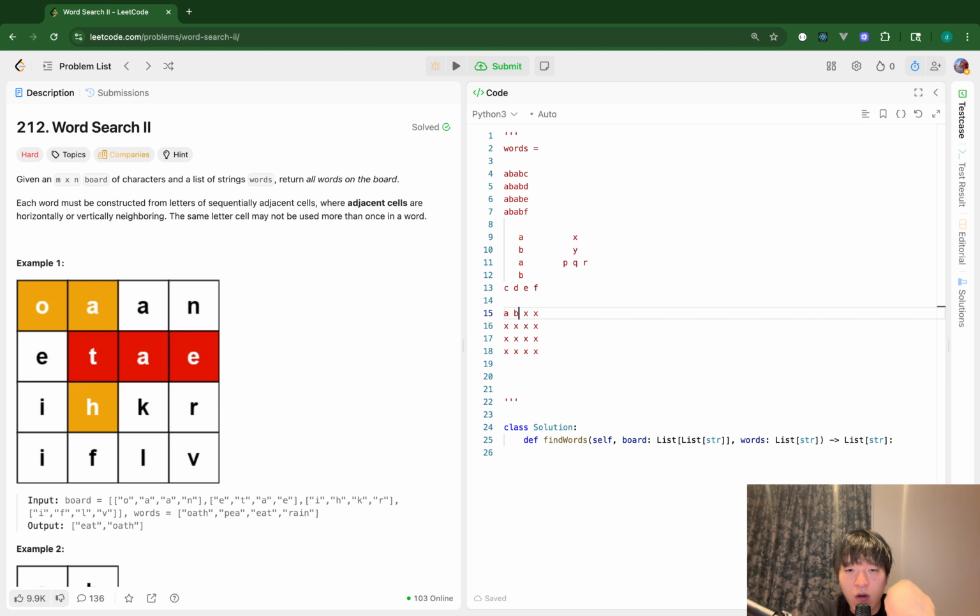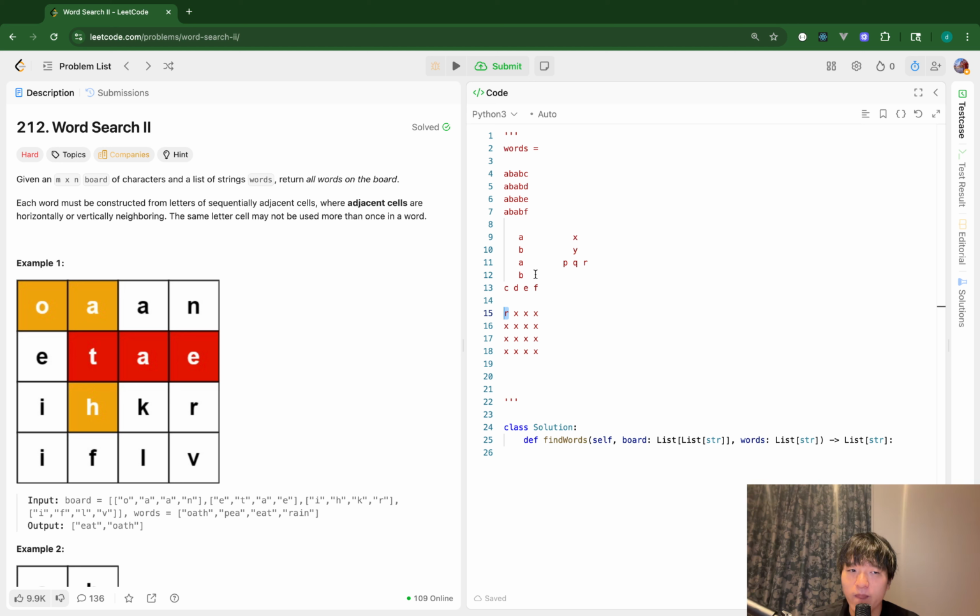Yeah, so I should keep going. However, say this is, for example, R. In that case, I don't have to even start the word search from this cell because R is not included in any words I'm giving us the list. So that's what I can use to optimize the search. So for every cell, I will start the traversal, but I should keep the traversal, word